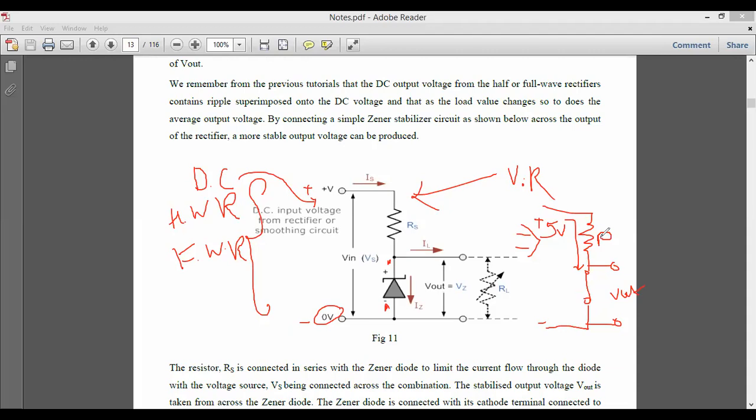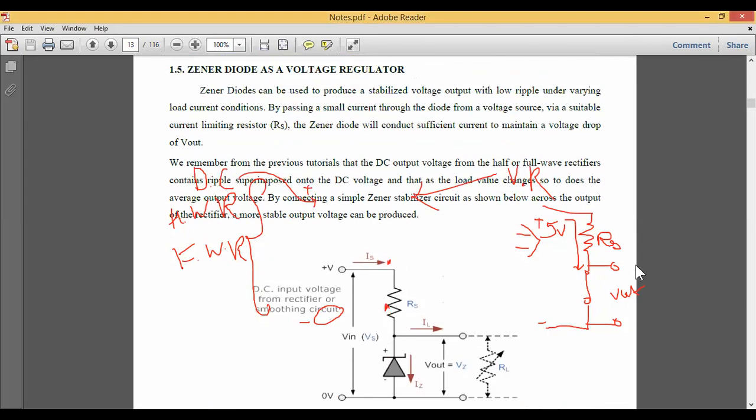So if I say this resistance is a series resistance, or you can simply take it as a resistance where we try to oppose the flow of charge through that particular path, then it is as equal as we are trying to limit the flow of current. So RS is also called a current limiting resistance.